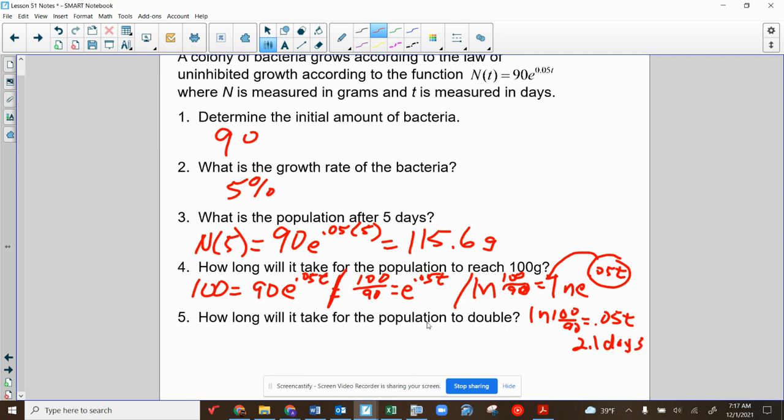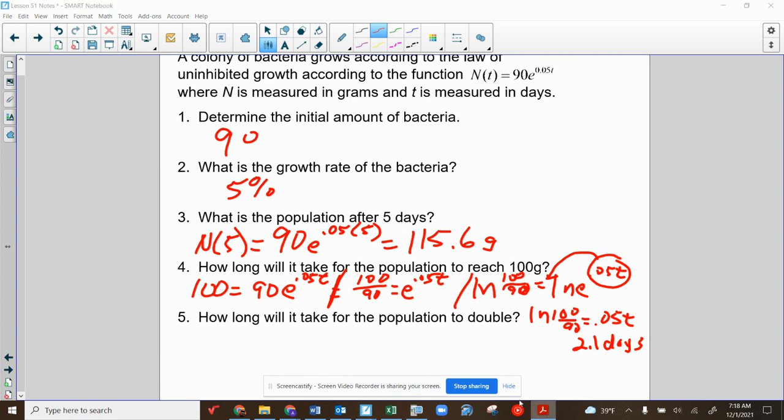Okay, how long will it take for the population to double? So for it to double, that means you'd have 180 instead of 100. So this will be exactly the same, except at this part right here, you're going to have 180 instead of 100. So you're going to have ln of